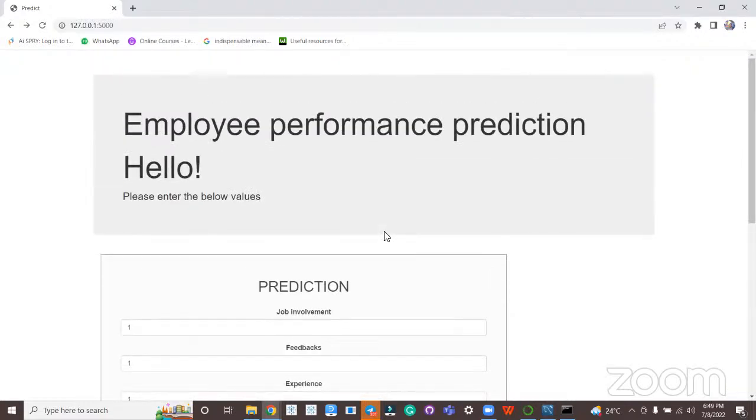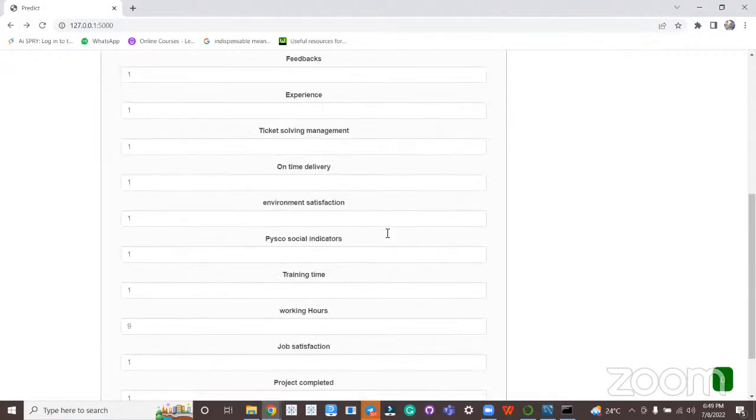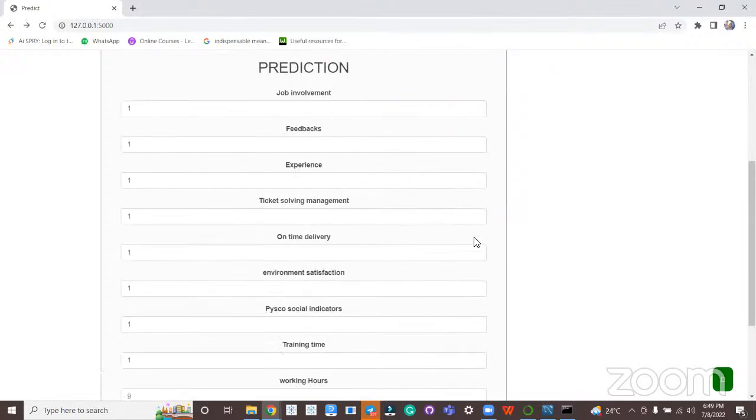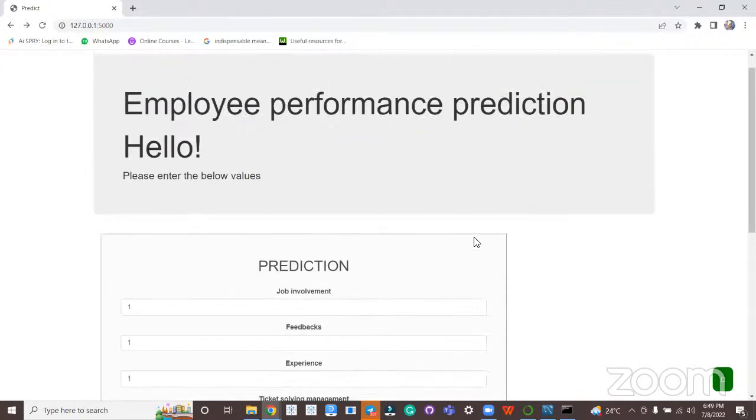Again, this is only for demonstration purpose. You can see only few fields are being asked as an input, and the demonstration only shows manual entries, but we can also pass multiple fields or multiple employees' details at one go in a CSV file or in a text file, and the model will be able to evaluate the performance of each and every employee and give us the result in a table format. So this is the deployed solution, friends, and as you can see, we have used a simple library called Flask.